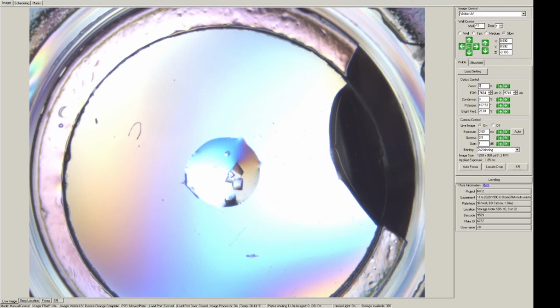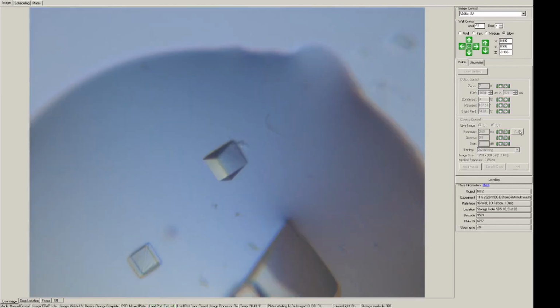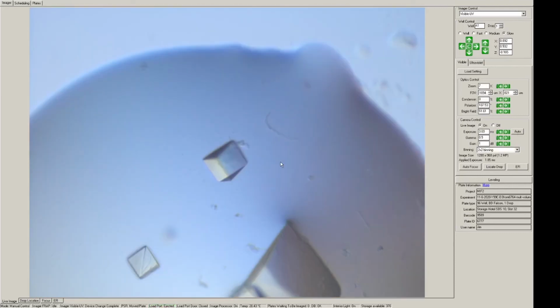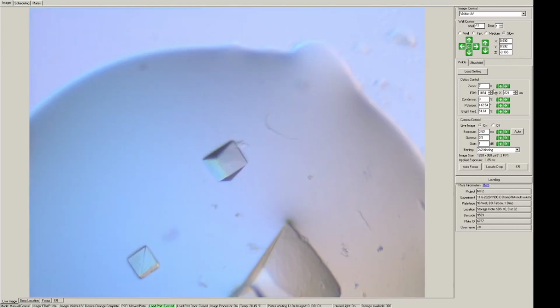We can also zoom in. And once we're zoomed in and we have the crystal in focus, we can adjust the polarizer and also the focus level with the Z adjustment. And this will allow us to inspect and confirm this is a single crystal and doesn't have any cracks or imperfections. So working at zoom 7, once we have the crystal of interest in focus, we can also switch to